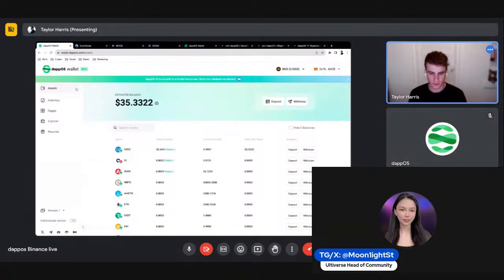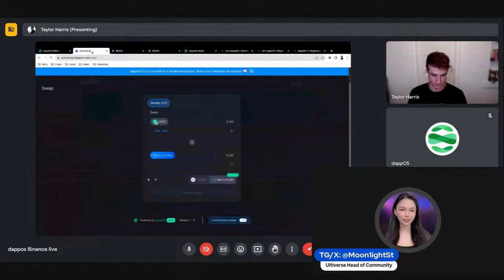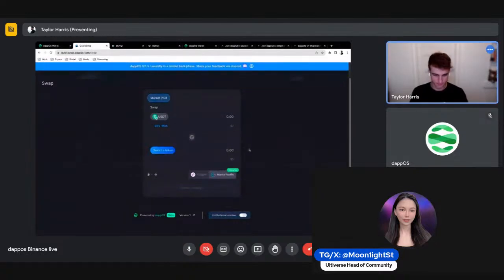Got it. Thank you so much, Taylor, for the intro. We also have noticed that there is a campaign, just like you mentioned, from Manta Pacific, and we would like to hear more about why users should consider participating in it. That's what I just touched on: being able to get triple the rewards. We want to give users the incentive to choose Manta, because Manta is running a campaign.